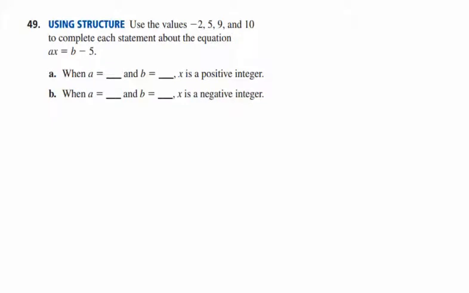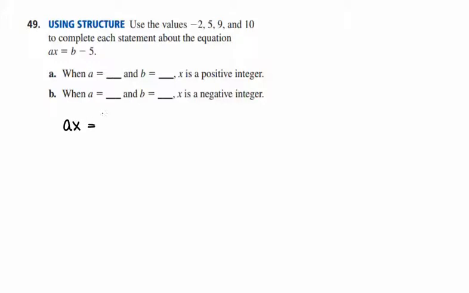Okay, in problem number 49, we also have an abstract type of a problem here. It's not easy to see how all the pieces work together. We have a lot of variables in there. So we're given this equation,